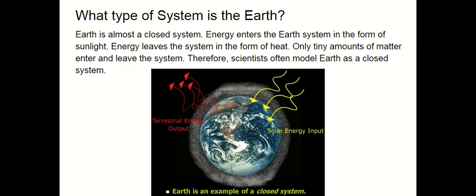And the reason that it's a closed system is because there is going to be some solar energy coming in, and there is going to be a little bit of radiation that leaves. But for the most part, if you were to put all of the energy that the Earth has in one place, there isn't energy going in or coming out of the Earth. All of the energy, relatively speaking, stays within the atmosphere, stays within the oceans, within the continents, and within the plants and the animals. All of the energy stays